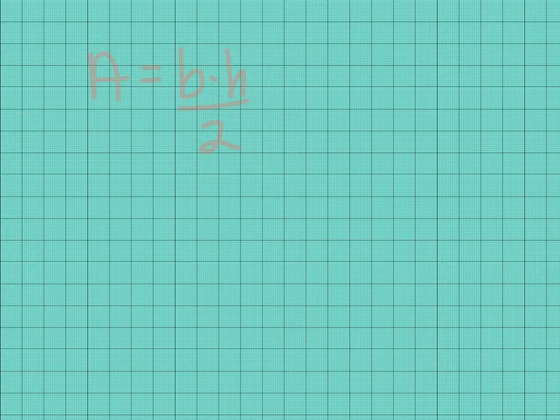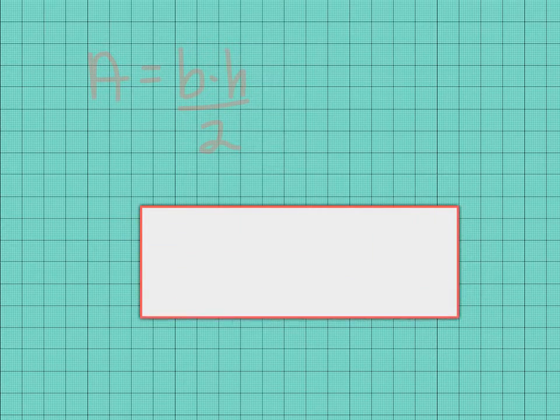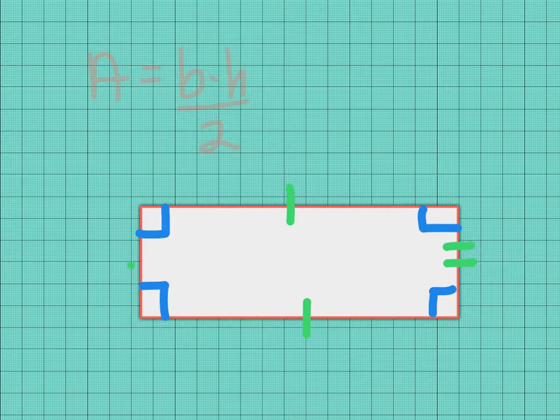But I want to talk about how we do that by using a rectangle, or you could also use a square. So let's talk about what we know about rectangles or squares. The first thing that we know is that rectangles have 4 right angles. We also know that rectangles have opposite sides that are of the same length, or opposite sides that are congruent. Lastly, we know that if I take a rectangle and I bisect it, or I divide it, and I divide